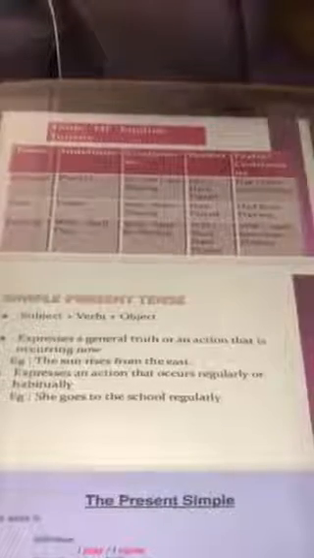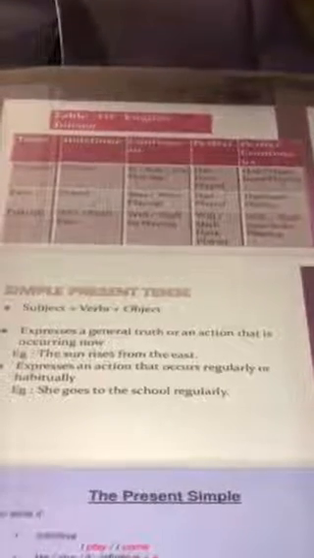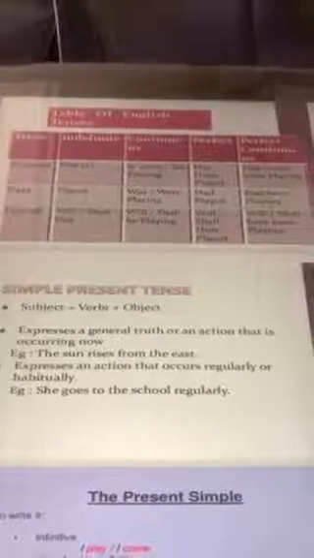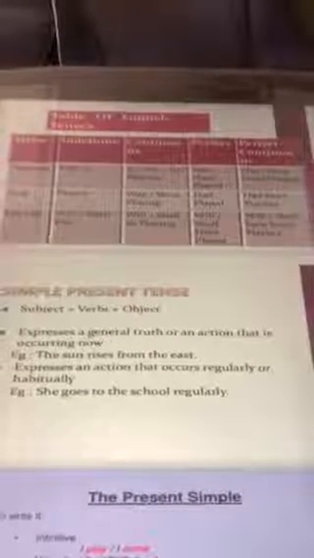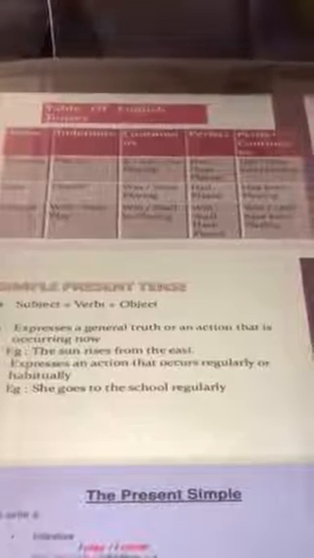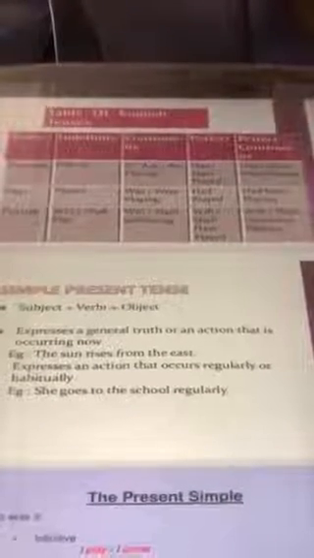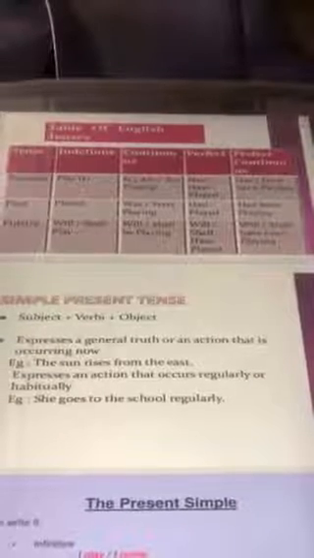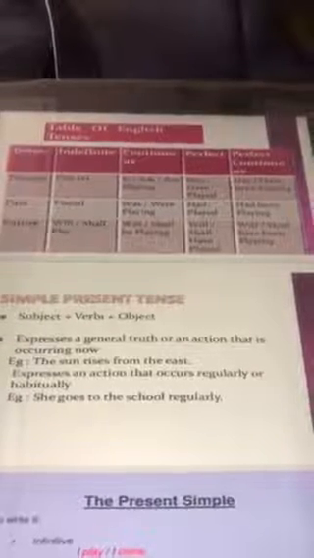Then the verb. Now there are billions, millions of verbs in the world, because all the action that happens has got one particular word to denote that action, and that particular word is known as verb. Then comes the object. Most of the time it comes at the end of the sentence. I'll explain it by an example. Riya is playing football. So Riya is subject, is helping verb, playing is verb, and football is the object. Understood? So it is at the end of the sentence.